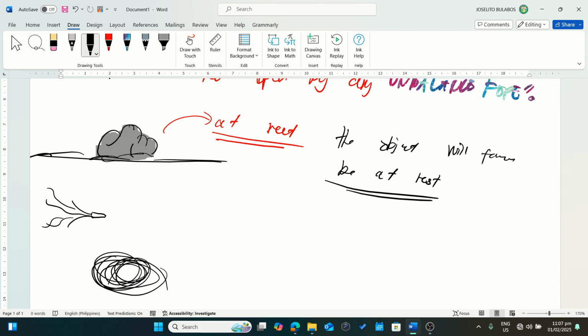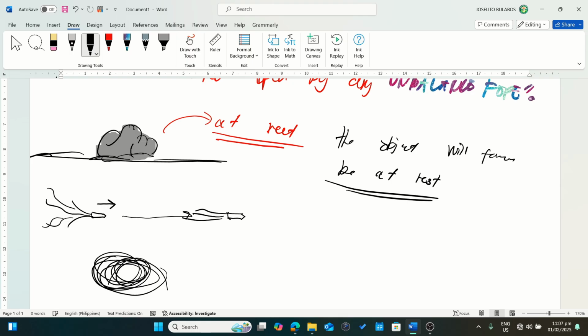Or you just throw any object in the outer space, and this object is moving along this direction. What we are going to notice here, because this is outer space, is that we don't have any friction. We will assume that there's no friction,